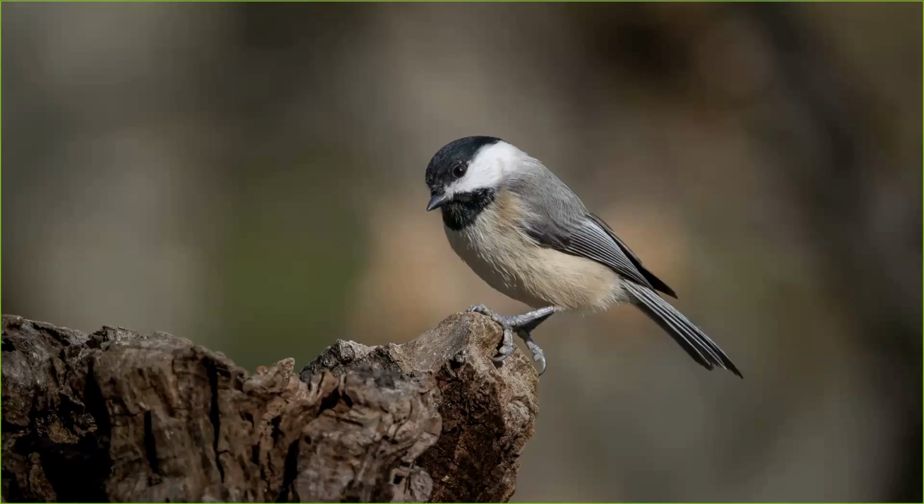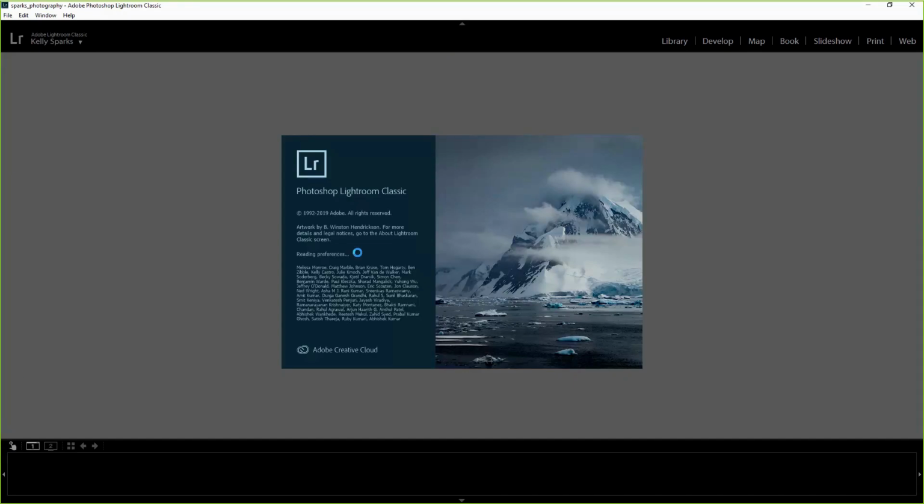Okay, let me start Lightroom. My little Carolina chickadee there. It's starting. I thought I had it already started up. There we go. Okay, when Lightroom first starts up, you'll see a little